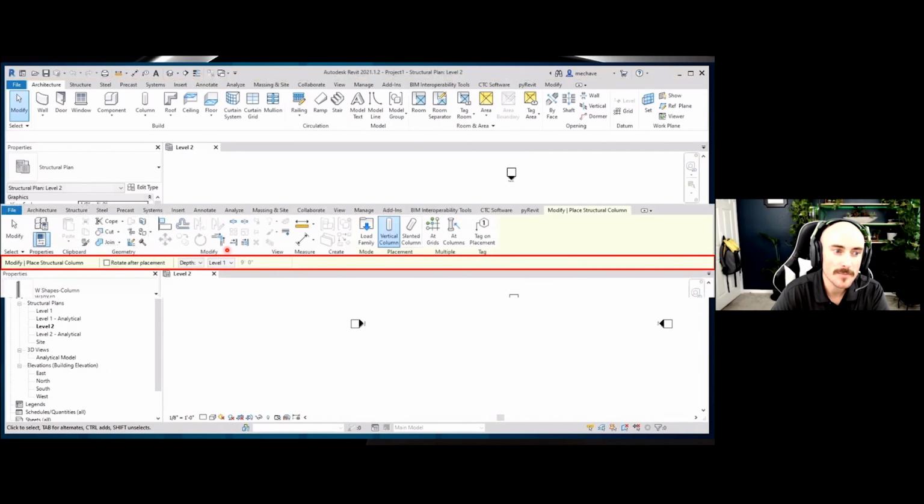Next, what we're going to be talking about is our options bar. I like to call it dynamic options bar. The reason is because it changes per whatever command you're in, but usually it populates right here as well. So if you move your quick access down below, it'll be below your quick access and you'll have your options bar. And here, I've selected the command of column, and it's giving me options before I place it.